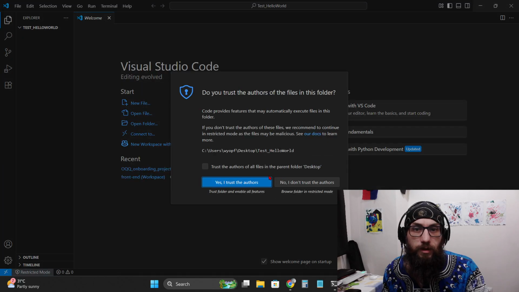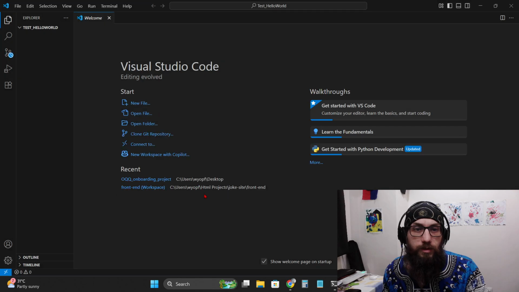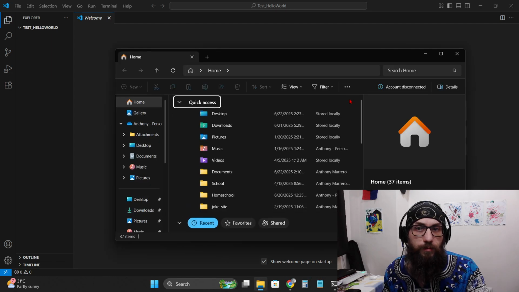So I did that right in the IDE, and I'll just say trust here. And we have a folder. From the Windows perspective,